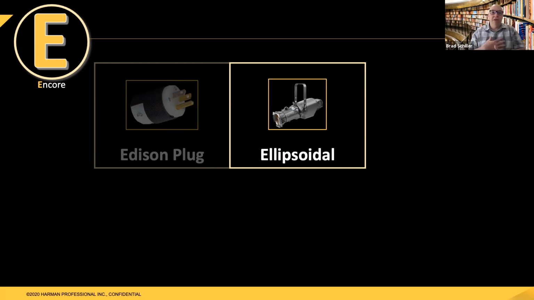But what I also find interesting about ellipsoidal, it's a fun word to say and spell, of course, but also ellipsoidal has changed. We now have LED-based ellipsoidals. Well, kind of. We have LED-based fixtures that look like an ellipsoidal and behave like an ellipsoidal, but they don't actually have an elliptical reflector in them anymore. They have their LED source in the back and an optical system that works with it. So although we call them LED ellipsoidals, they're not really ellipsoidals anymore, but you could argue they are because they are used for the same purpose. Kind of fun.